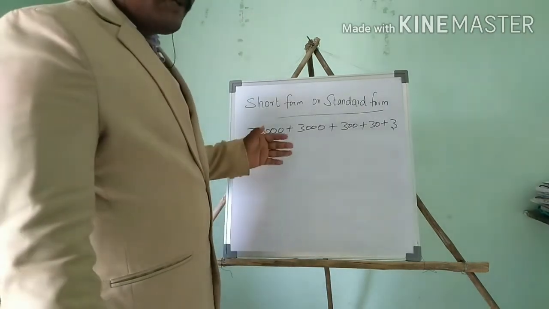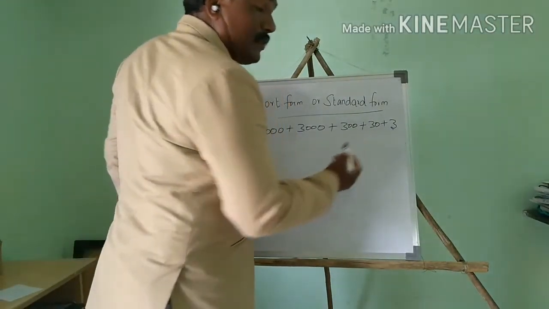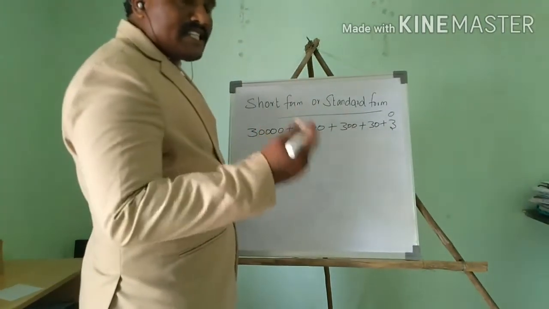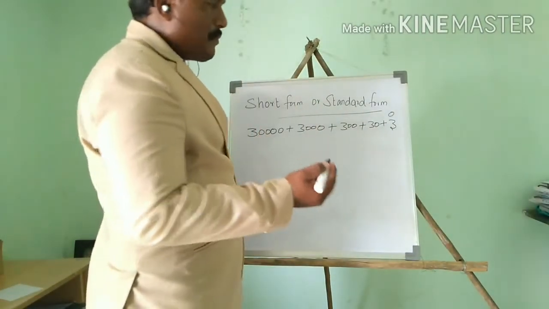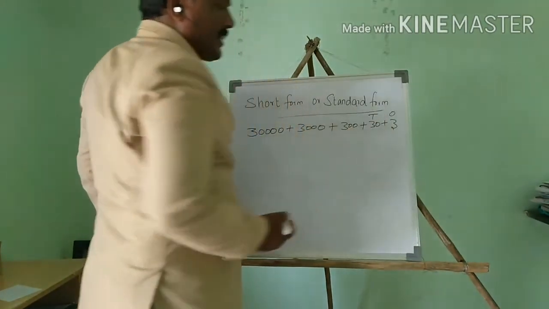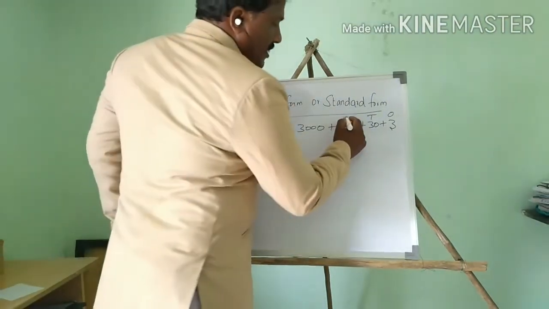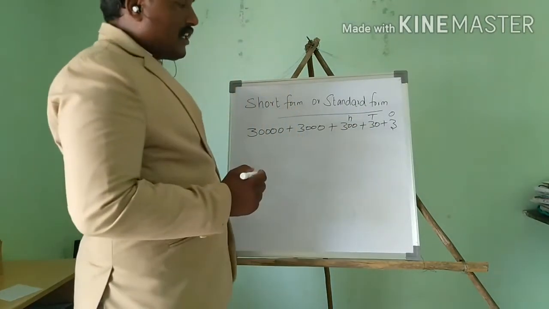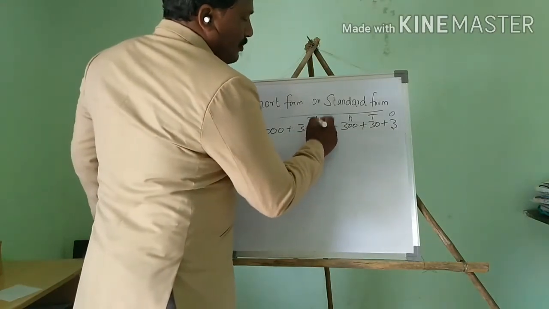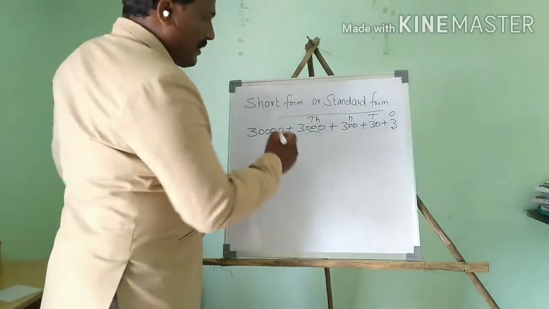Before I told you, if there is no 0, that's a ones place. So is there any 0? No. So no 0 means it's a ones place. If it is 10, it's a tens place. So here 10 is there, so it's a tens place. If there is 20, it's a 100 place. If there is 30, it's a 1000 place. So yes, 30 is there. So 1000 place. If there is 40, it's a 10,000 place.